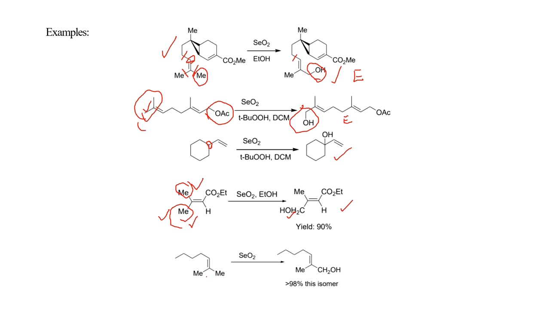Similarly, in this case also, these are two allylic positions. Here, in order to get E product, this methyl group gets oxidized to corresponding alcohol, so we will get this E product. Okay, with this example, I conclude this session. I think you might have a clear idea about some of the important oxidation reactions given by selenium dioxide.